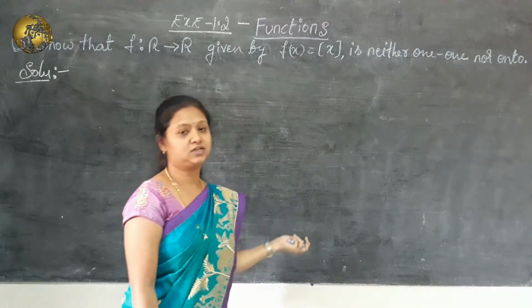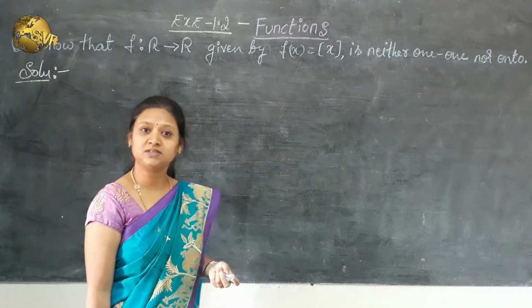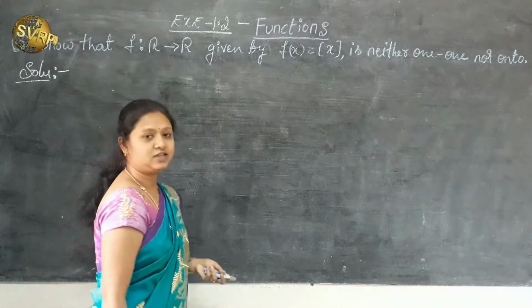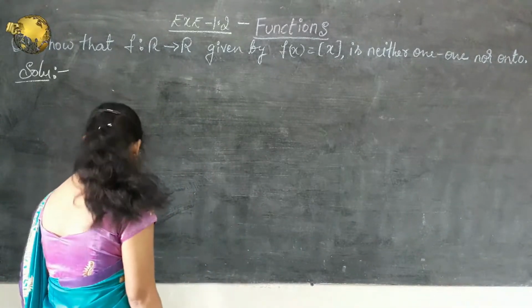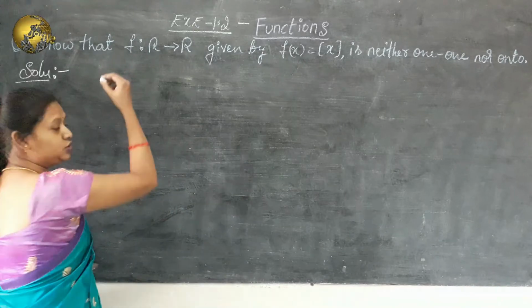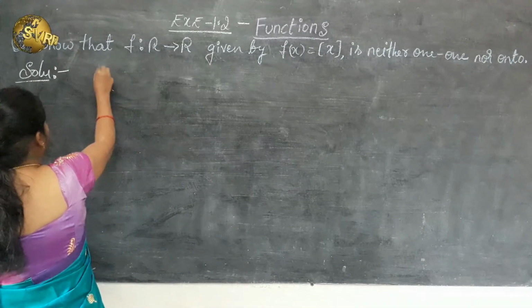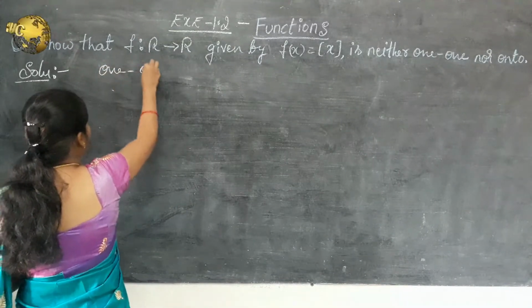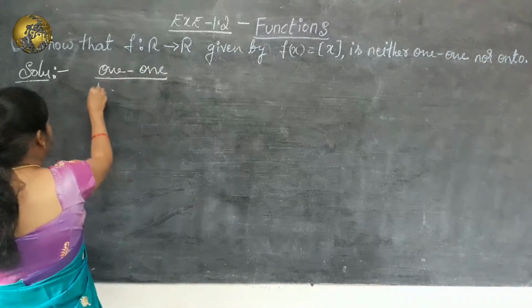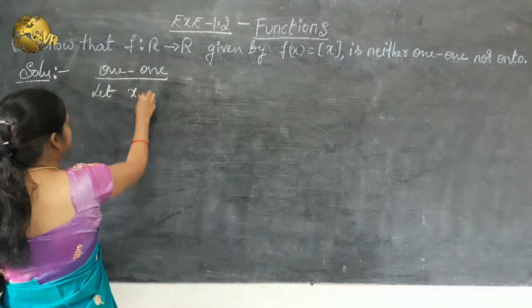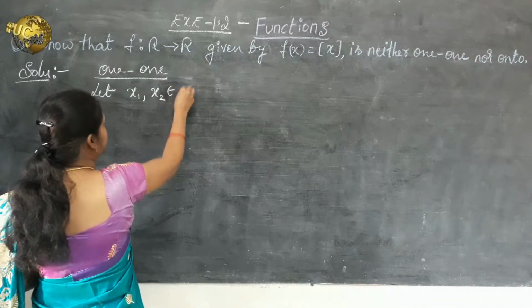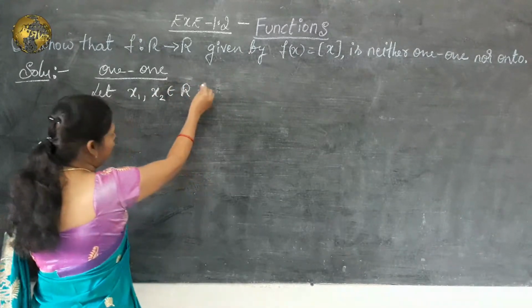You have studied about this greatest integer function in the first PUC syllabus, right? So let us see whether it satisfies or not. Neither one-one nor onto I have to show. So as usual, I will start with the procedure, that is for one-one first. As usual procedure, let x1, x2 belong to the real numbers,